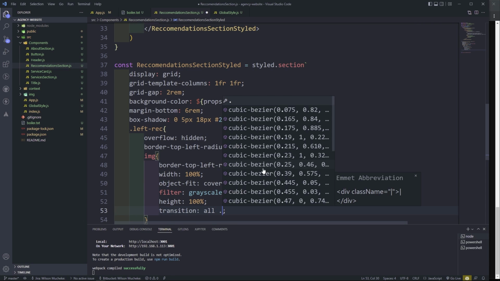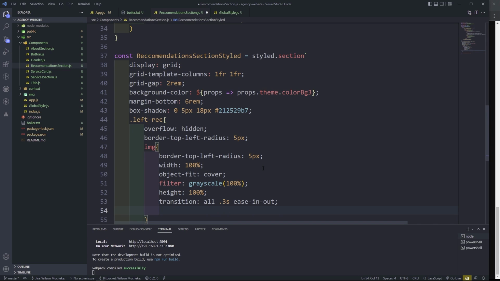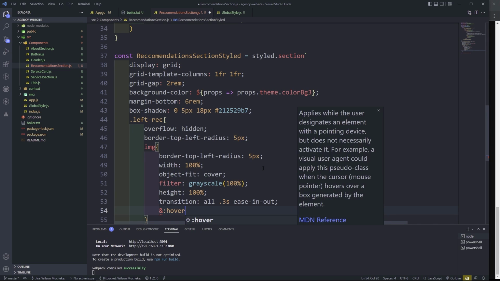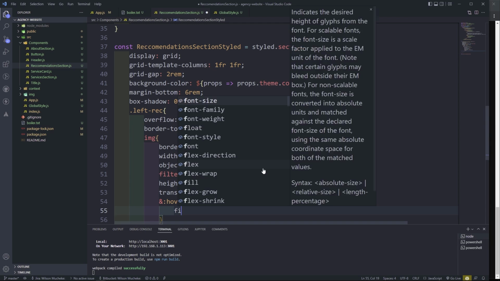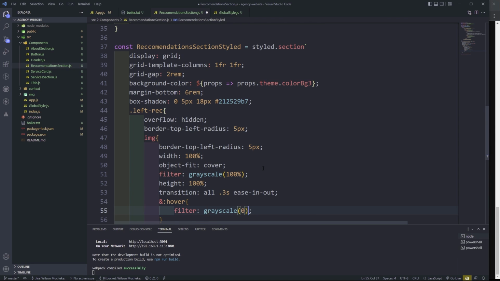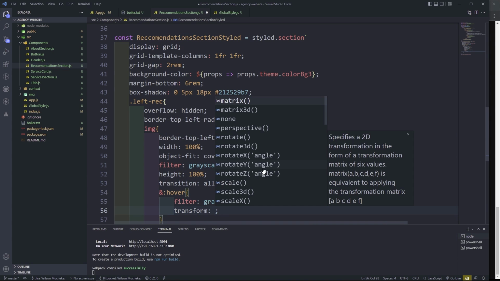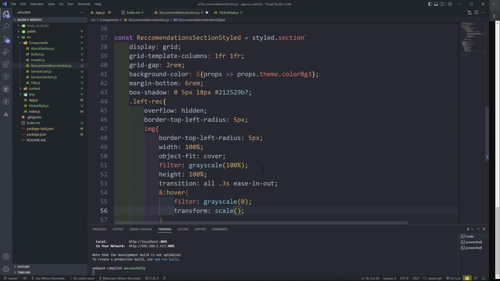Let's do 0.3 seconds. You can mess around with the values if you want to, that's entirely up to you. Okay, so now let's do on hover. We are going to filter, we're going to bring back the color to normal. Let's put the filter to 0, and then we're going to transform the image on hover. We're going to scale the image, 1.2 for the scale, and then we're also going to rotate this